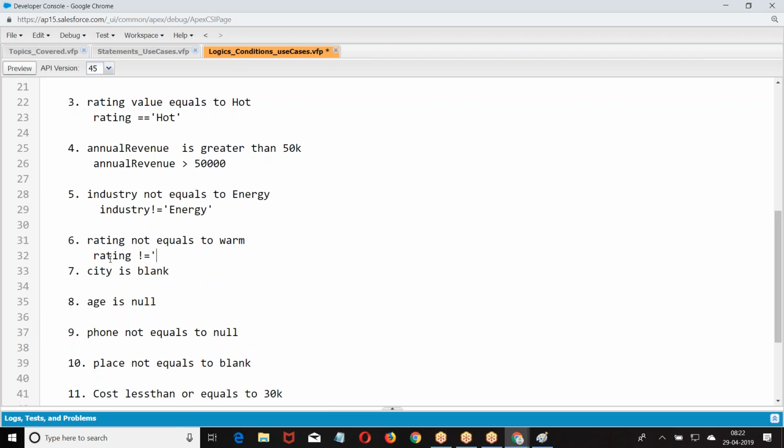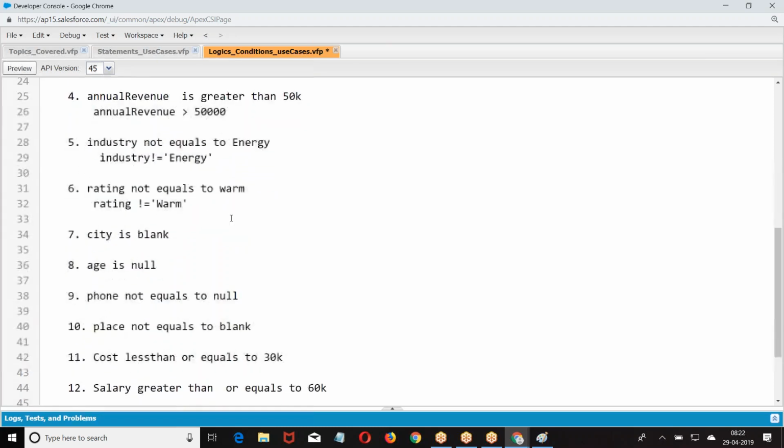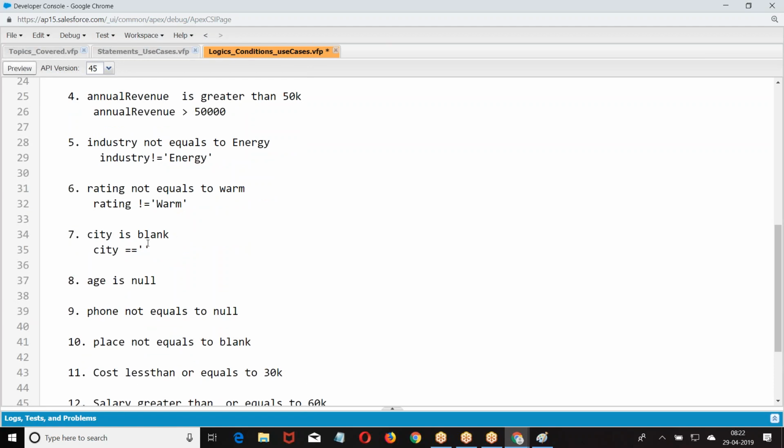Rating not equals to hot. City equals to blank. Blank means empty single quotes, so it is checking for blank. Age equal to null.